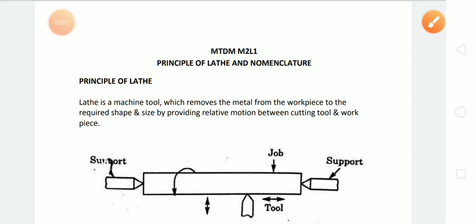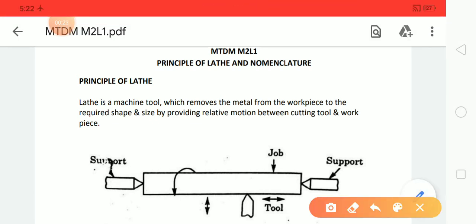Hi guys, welcome to the first lecture of second module, and today we will discuss the lathe, which is also called the father of all machines, since it is capable of manufacturing any other machine by having separate attachments or tools. So, the principle of lathe. You can see in the figure there is a workpiece held in between two supports. This workpiece is given a rotation by means of an engine or a motor, and a tool is used to remove the material from the workpiece at any required region.